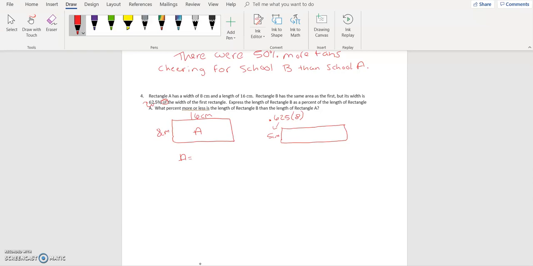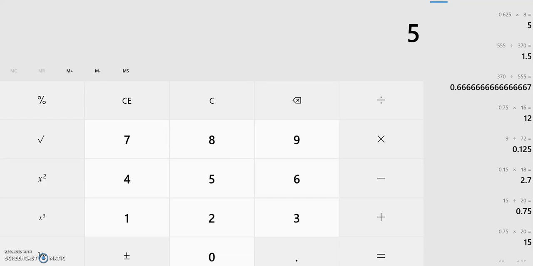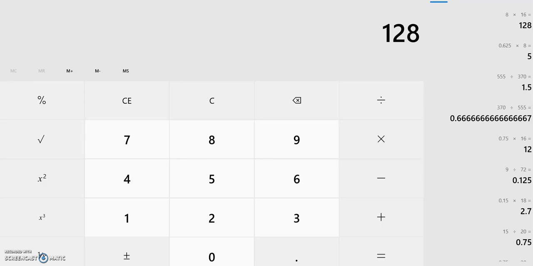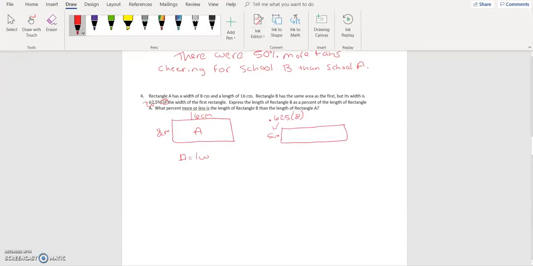Area is equal to the length times the width. 8 times 16 equals 128. So my area on rectangle A is 128,